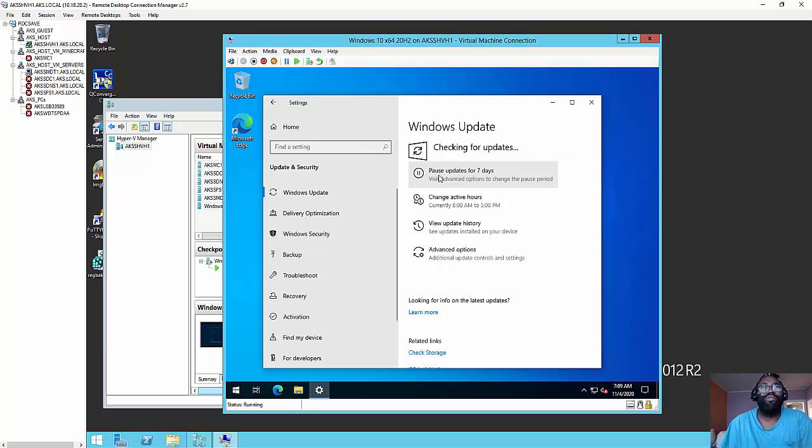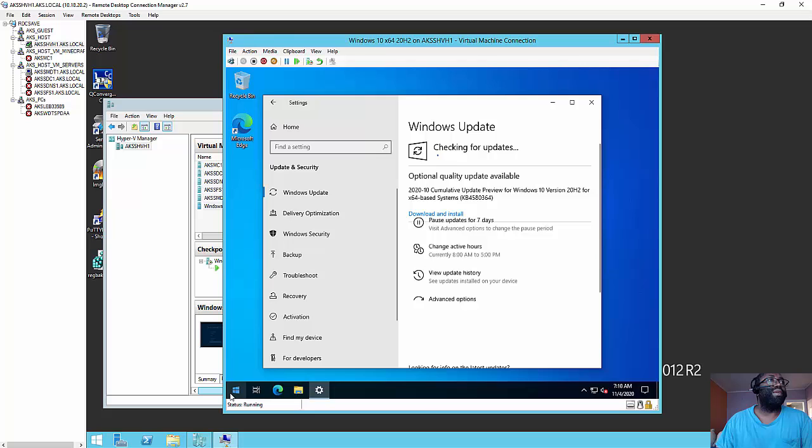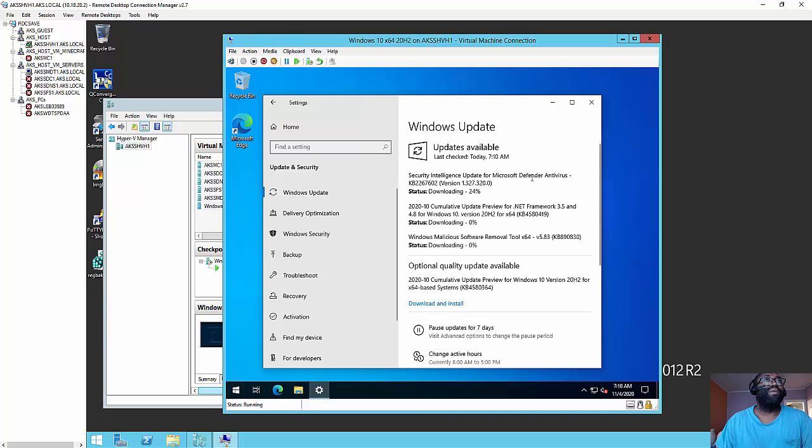It may get a few AV updates, but that's about it. All right, so I'll let that complete. Yep, so Microsoft Defender, the AV update, and here it's getting a .NET Framework update,